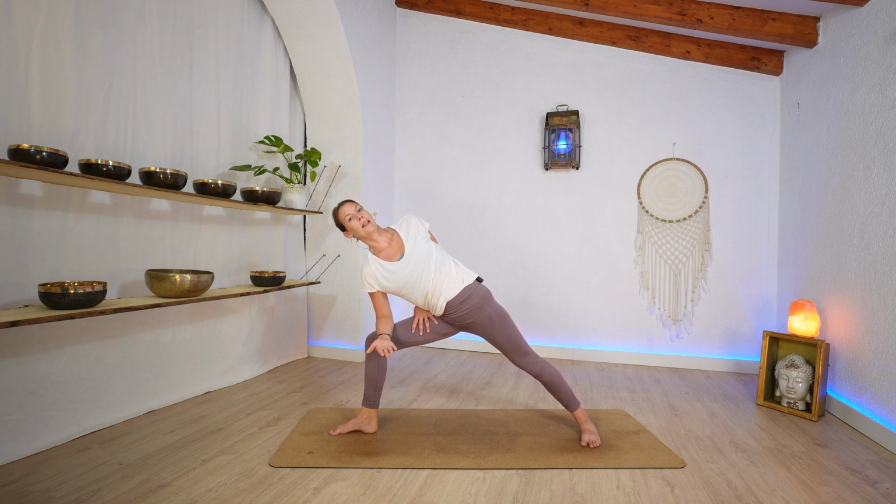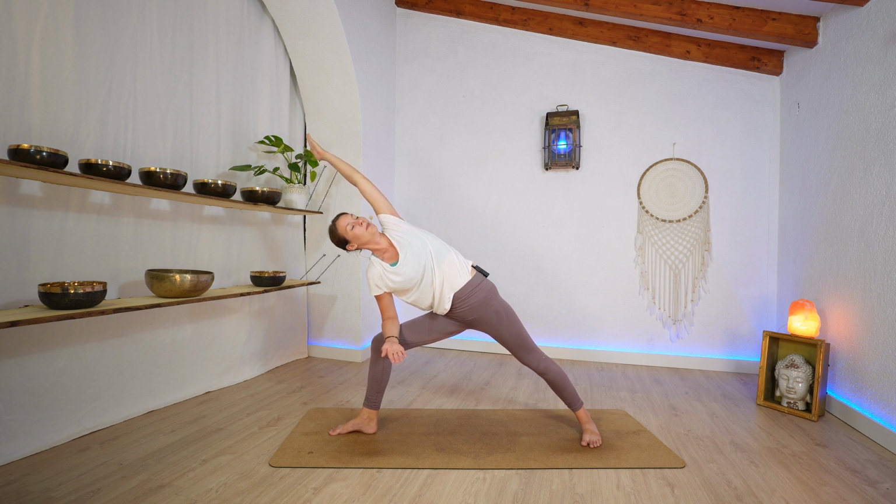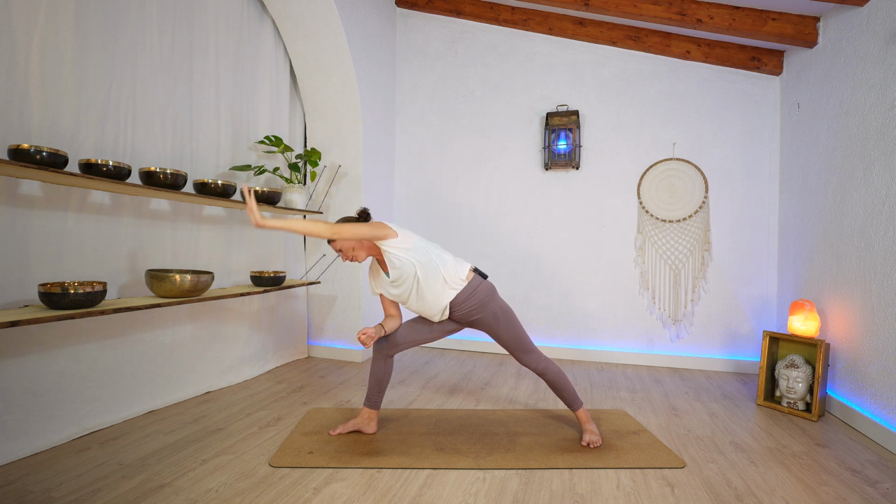So either you can stay here, roll the shoulder open and maybe even look up to the ceiling. The legs are really strong. Or you take your left arm over your head and into the direction so that the left leg and the left arm are actually like one line. Good. From here, look down to your right knee and then circle your arms as well down, right and left